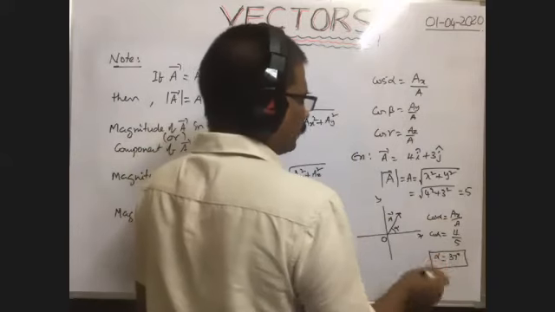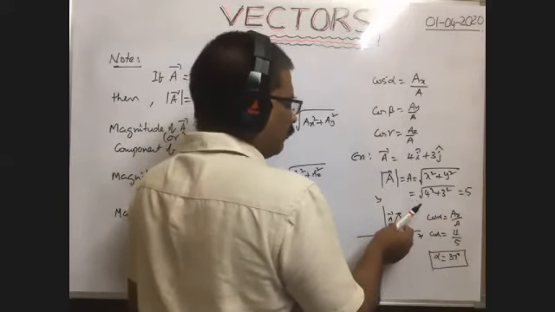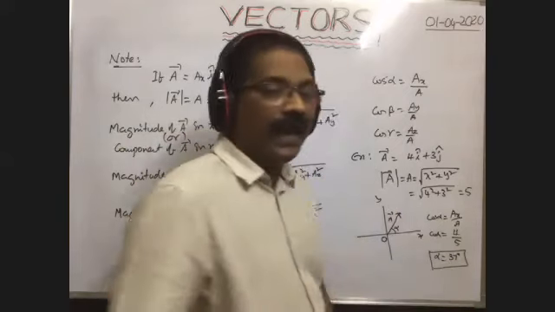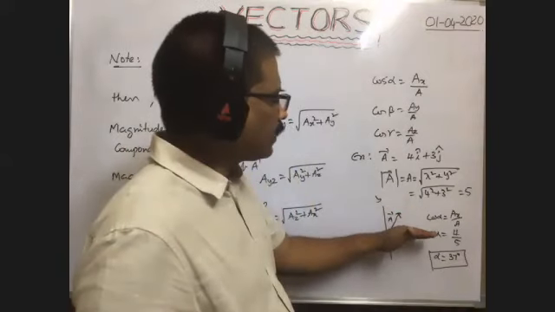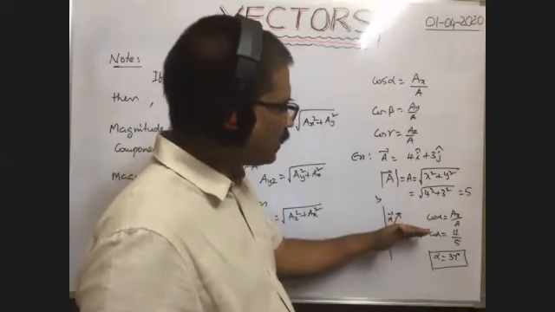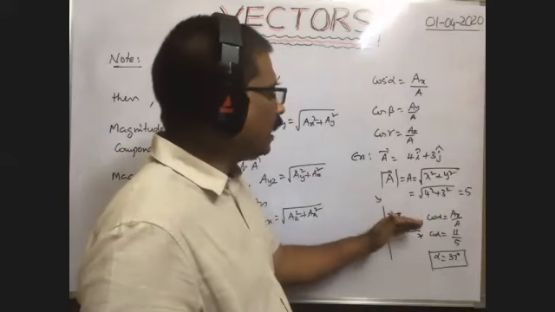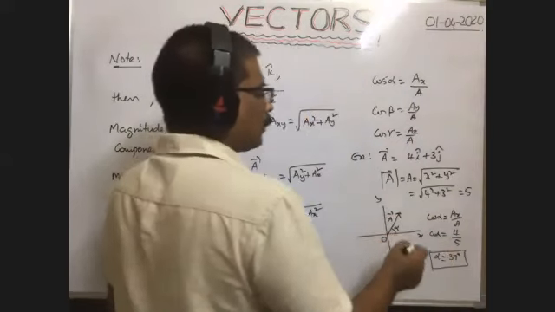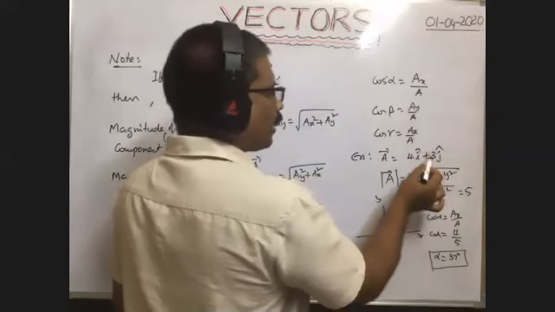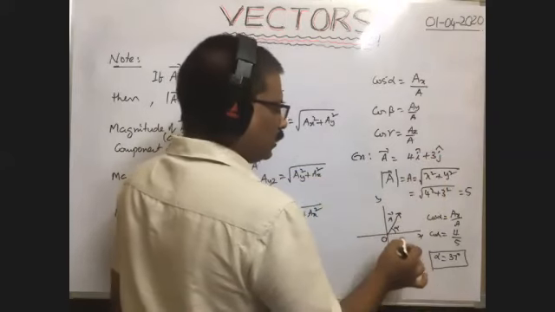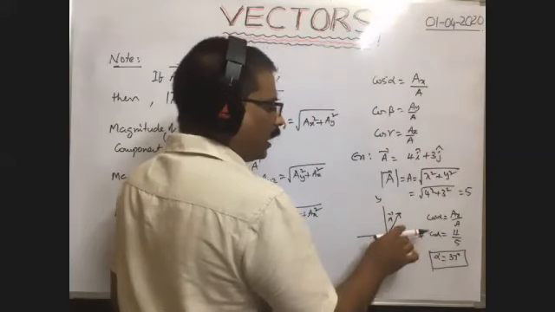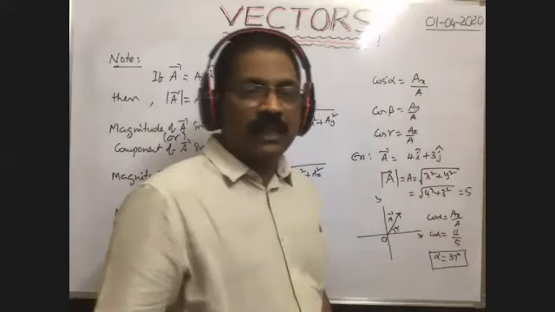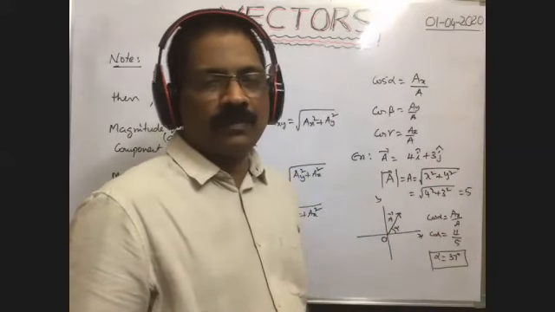Therefore, here we got a positive value, plus 37. That means the angle made by this vector with the positive x-axis in anti-clockwise direction is 37 degree. The angle made from the positive x-axis in anti-clockwise direction is represented with a positive sign. Sometimes, if the y component is negative, the vector lies in the other direction. You will get the same value, but the angle made by this vector with the positive x-axis in clockwise direction is 37, and that is represented with minus 37.